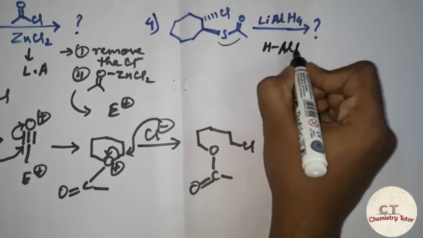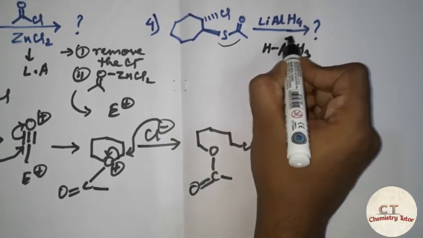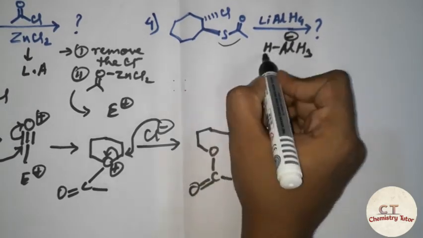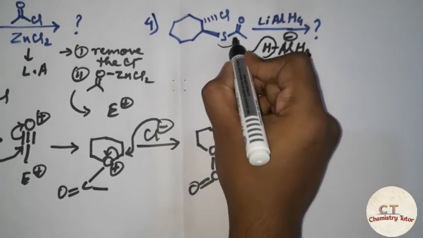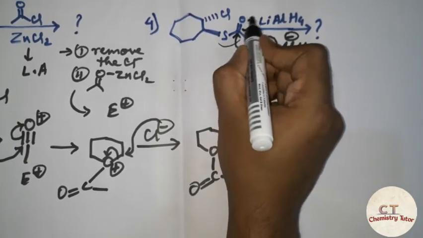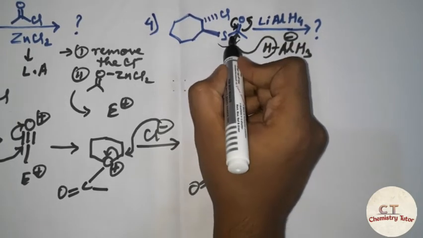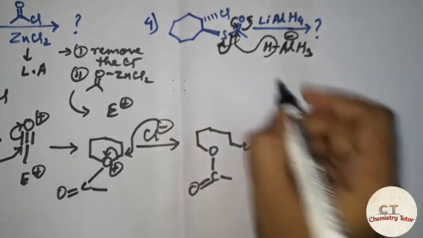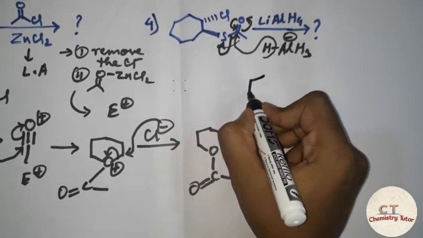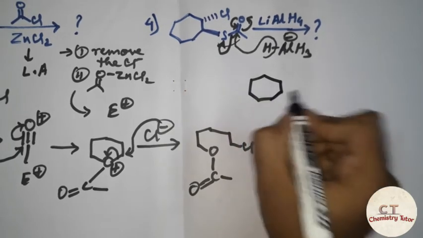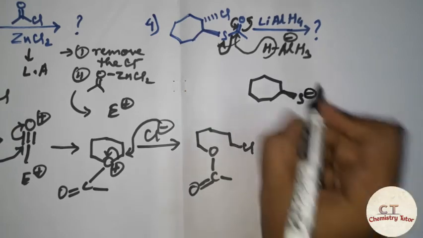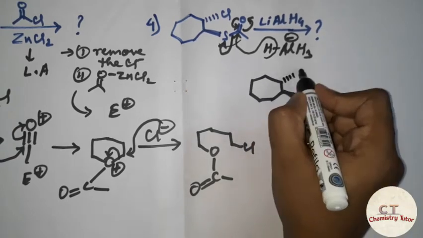we can write it as AlH3. Here a negative charge will be over the aluminum, so it acts as a hydride donor. So hydride is going to attack the carbonyl, the charge will go up and it will again come back, and a negative charge will be established on the sulfur atom, and we are going to get, it is a 7-membered ring, it is above the plane, so it is S minus, and